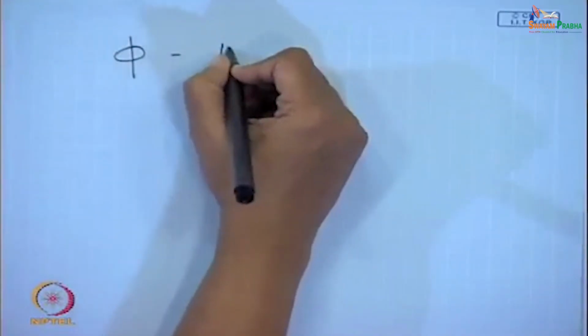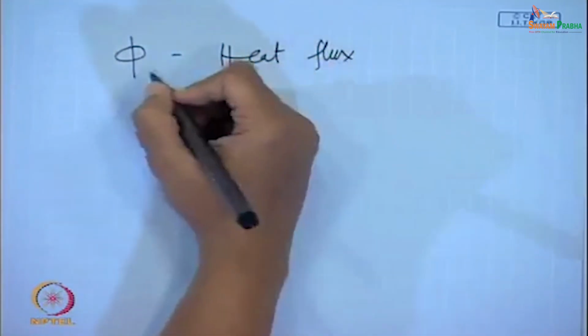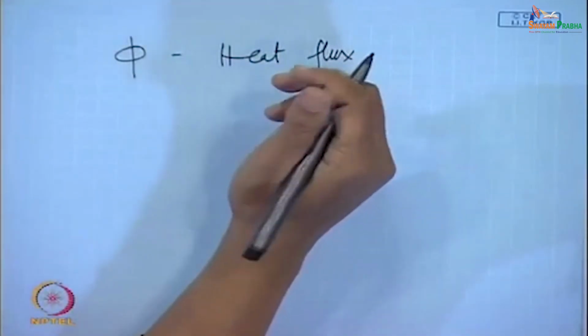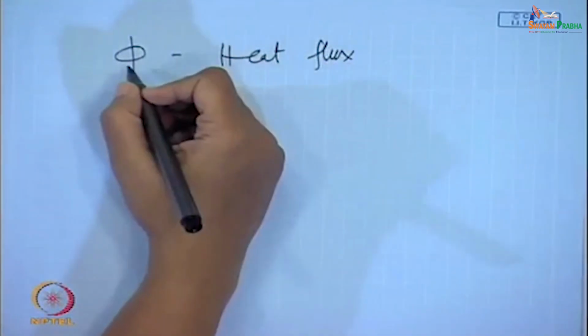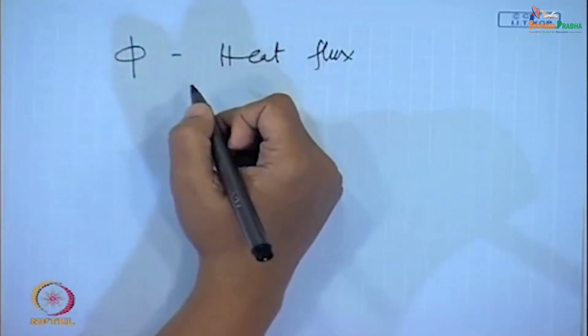How to relate quality with the heat flux? Please note that heat flux, I am denoting it as phi. If you want, you can denote it as small q as well, but since already capital Q is volume flow rate, therefore, usually I would prefer to mention it as heat flux phi. Now,